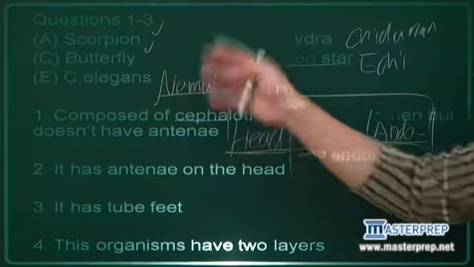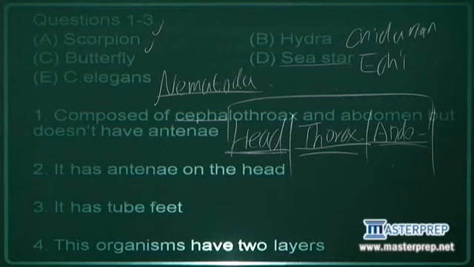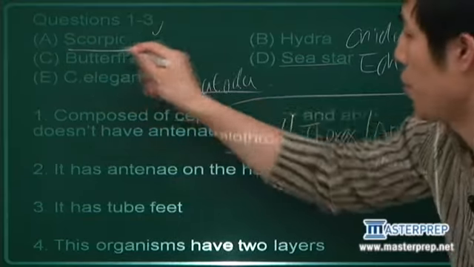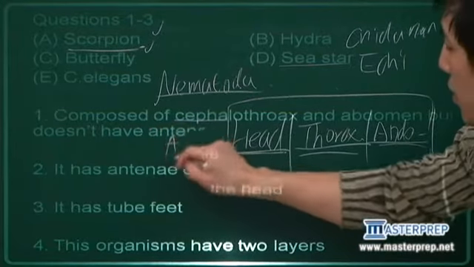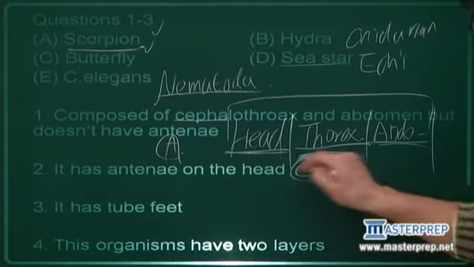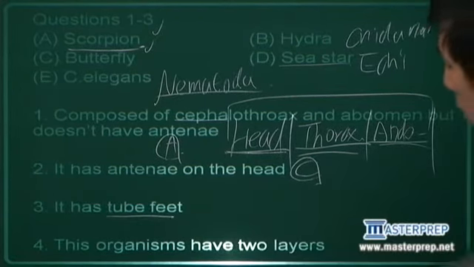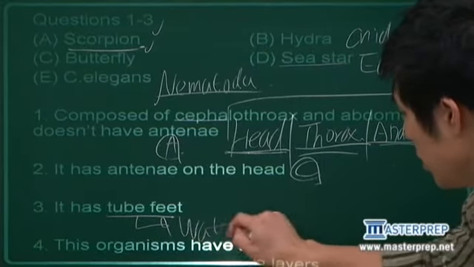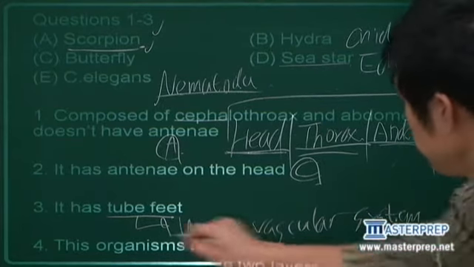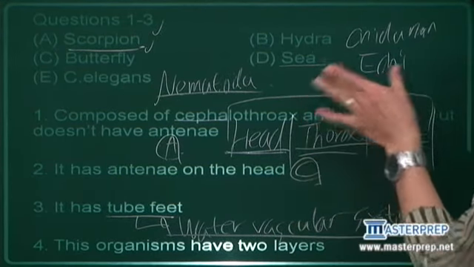So it's got to be either A or C for number 1, but what does it say after this? But doesn't have antennae. Butterfly, obviously, this is insecta, so it's got antennae. But scorpion, they don't, right? So A is the answer. And number 2, it has antennae on the head, talking about C. And number 3, it has tube feet. What is it? Tube feet comprises water vascular system. And water vascular system is one of the most important features of phylum Echinodermata,